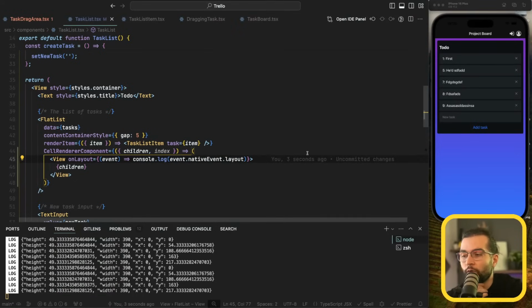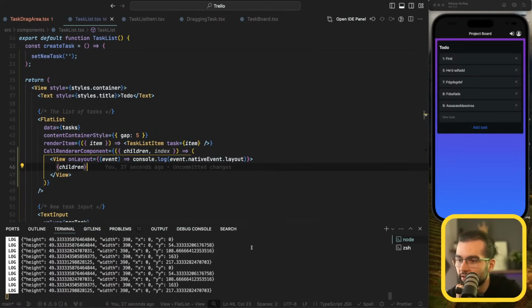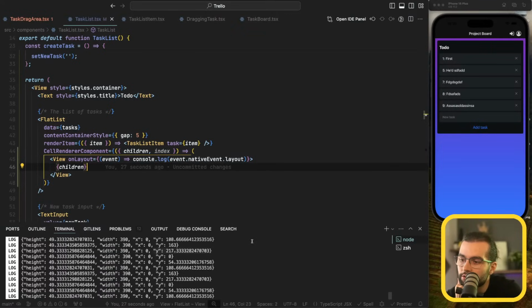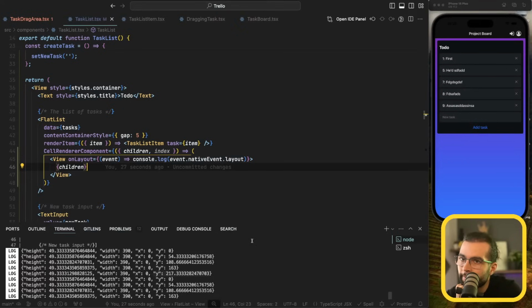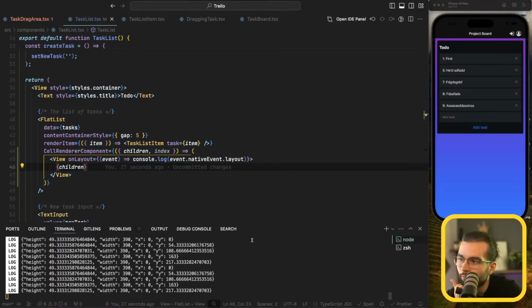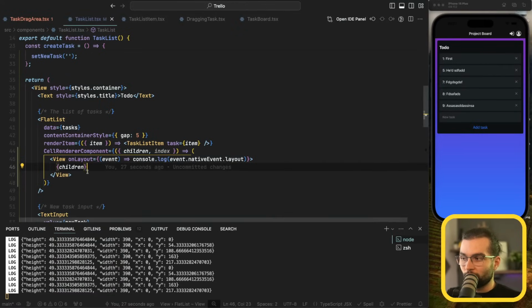I implemented it way differently, but this one kind of looks interesting. So let me think what would be the best way. Another way that would be